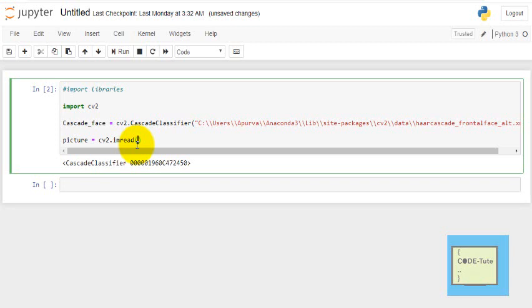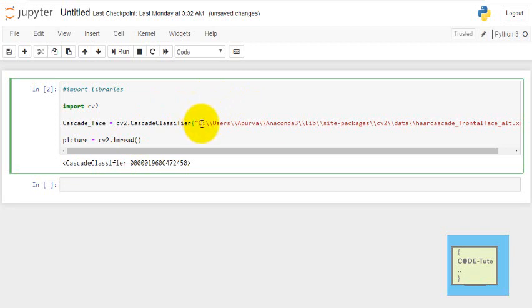If your image is located in some other folder, then you have to provide the path here. Two parameters you have to pass here. The first is the path, and the second is the color mode of the image you want to read. For example, if you want to read the image in grayscale, you can pass 0, or by default a color image is read. Either you can pass the name of the JPG image directly, or you have to pass the path like this.